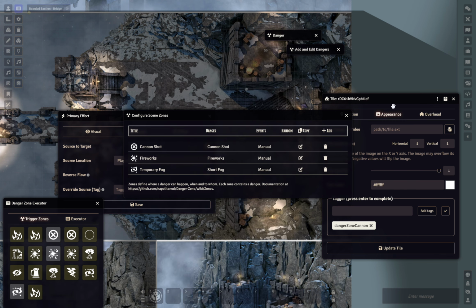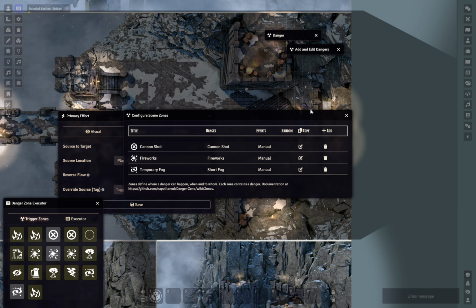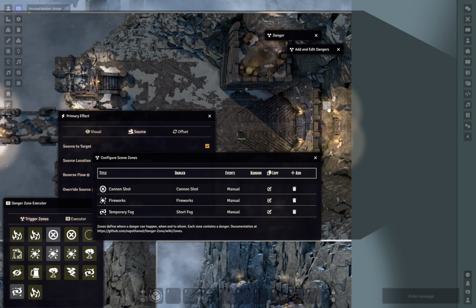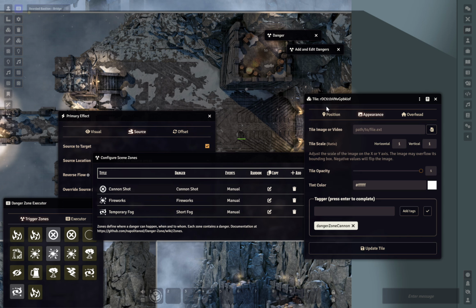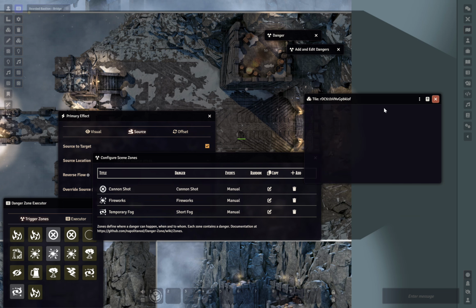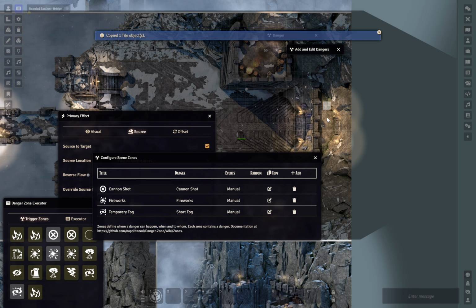So when this is looking for showing a visualization or a source from the scene for the source to target, it's looking for that tag, and this guy here has that tag, which would mean that if I copied this and just put another one out,